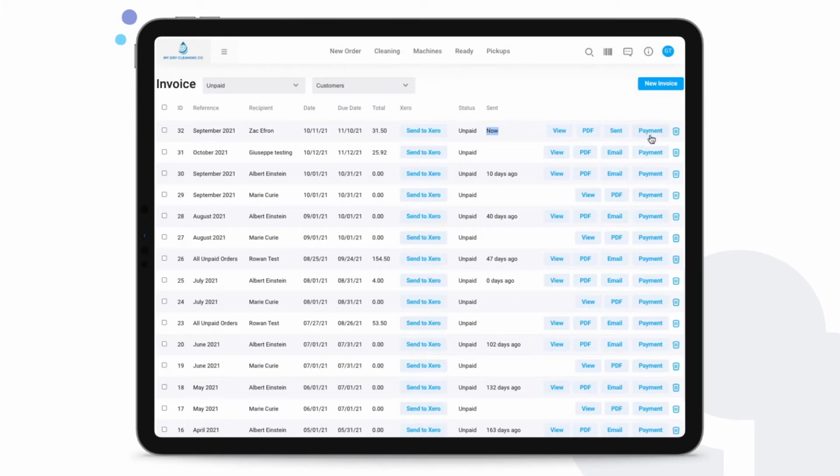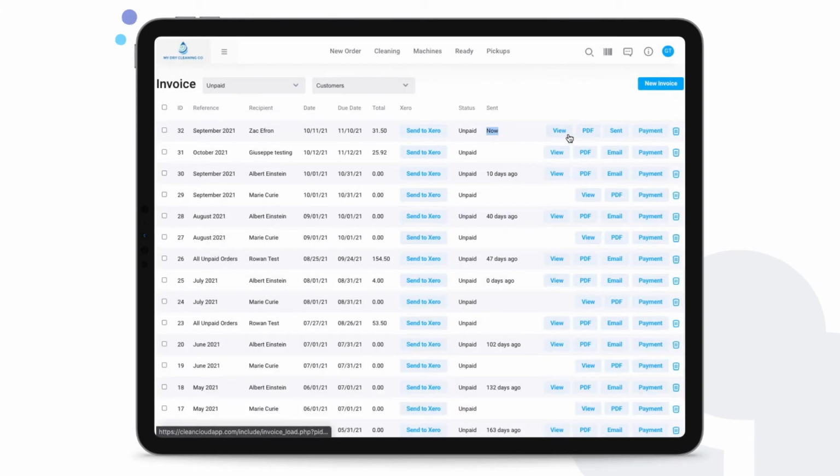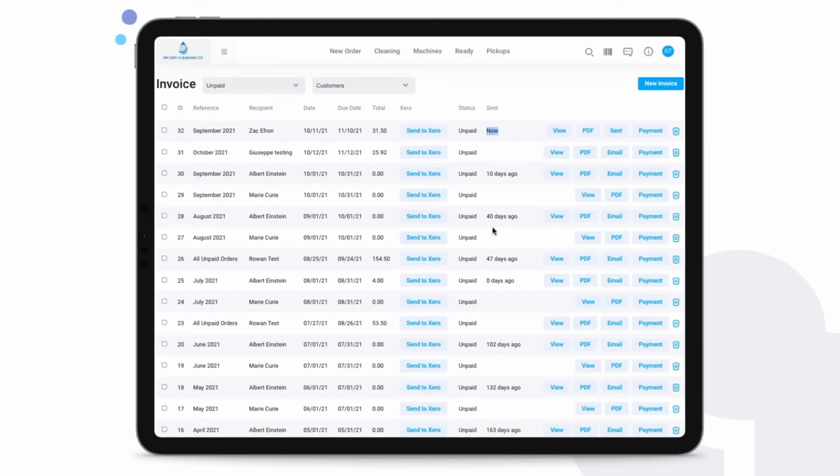You can otherwise collect payment by clicking on this button here on the right-hand side of the invoice and selecting the relevant payment method. You can also choose to view the invoice that has been created. You can even choose then to download these in PDF, delete any invoice that you've already created, or if you